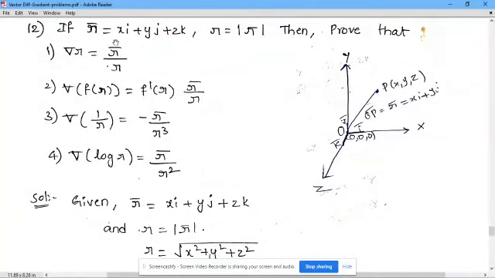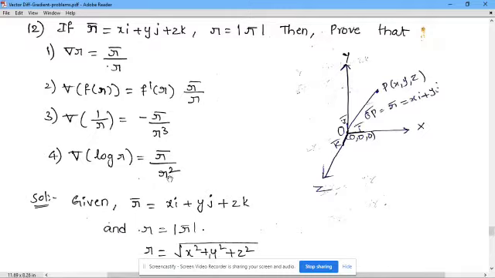If r bar is xi plus yj plus zk and r equal to modulus of r bar, then prove that del r is r bar by r, del of f of r is f dash of r into r bar by r, del of 1 by r is minus r bar by r cube, del of log r is r